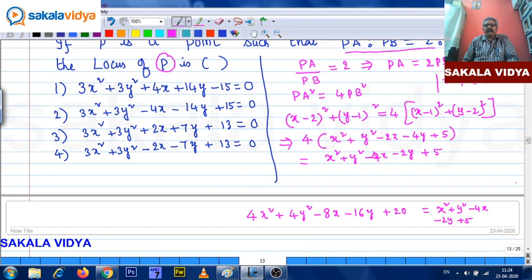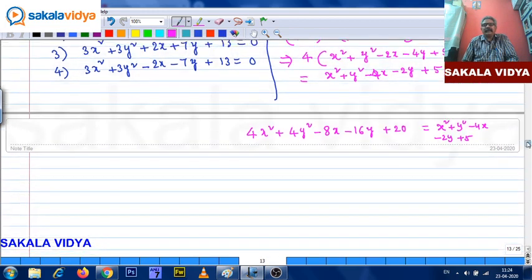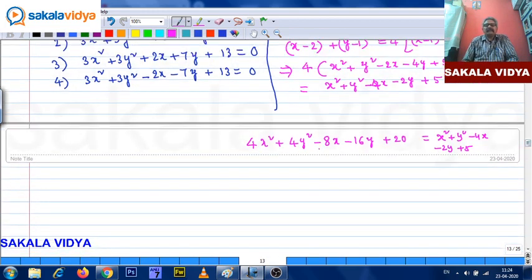Bring all the terms to the left hand side. 4x square minus x square, you get 3x square, 4y square minus y square, 3y square, minus 8x plus 4x, minus 4x, minus 16y plus 2y,